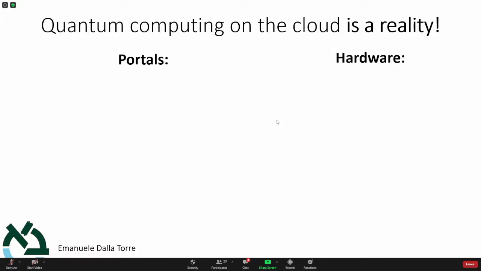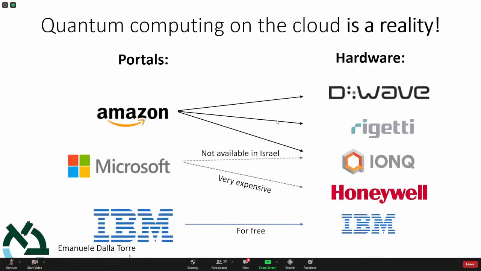So in order to understand this work, you need to distinguish between portals, basically services that allow you to connect to a quantum computer, and hardware, companies that really create the quantum computer themselves. The pioneer in this field was actually IBM, who both built the quantum computer and gave access to it. I understand that you already had some introduction yesterday about IBM quantum computers. I'm going to recall it in a moment. But more recently, there are other companies that both build quantum computers and allow you to connect to them.